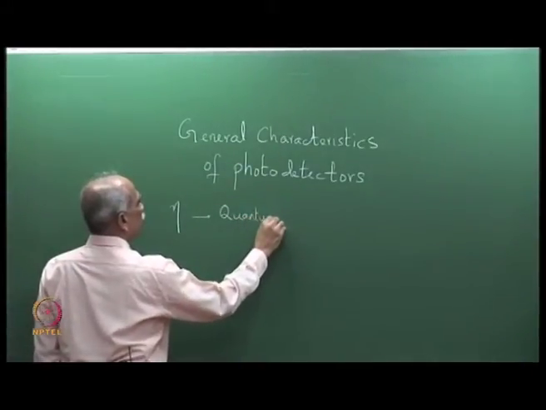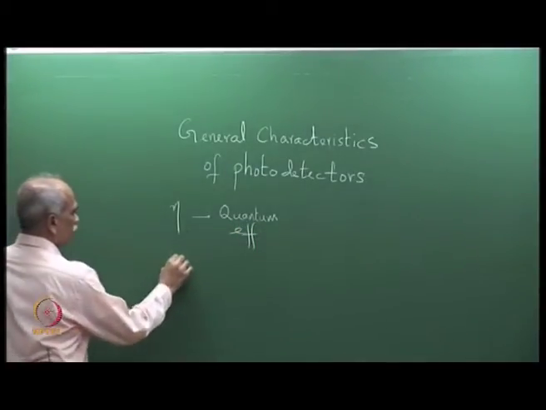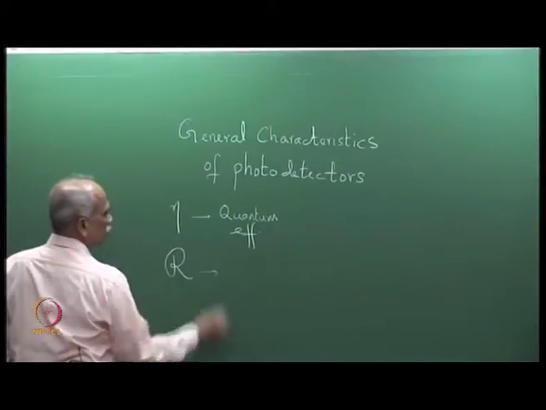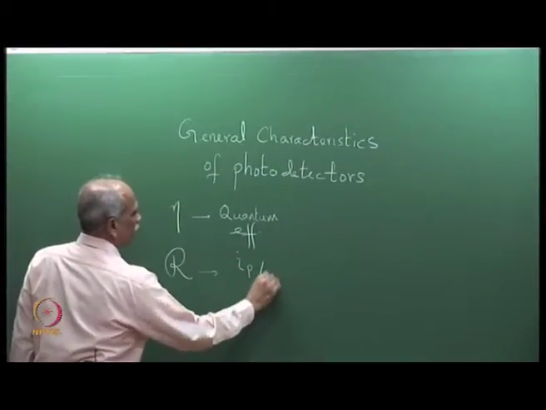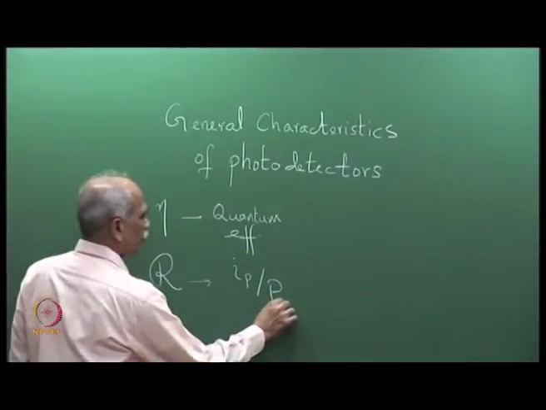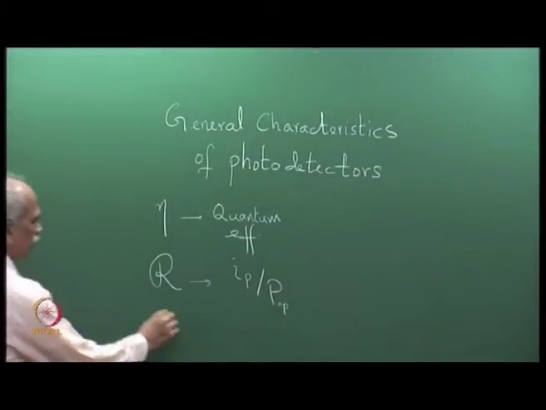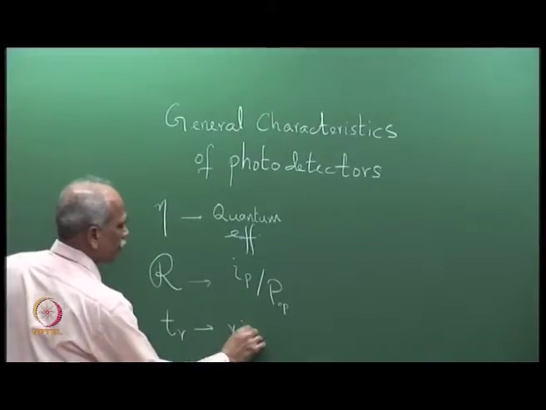Just to recall, the responsivity R, which is equal to the photocurrent generated divided by the incident optical power P optical; here, the response time or the rise time TR. So, rise time